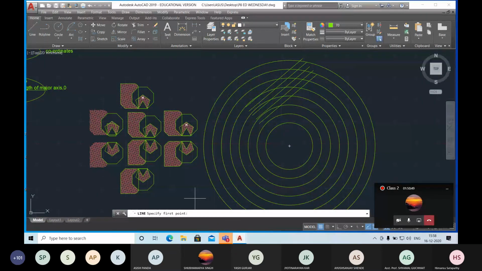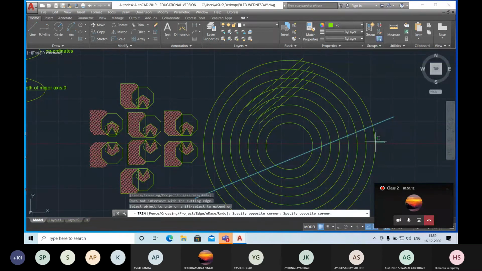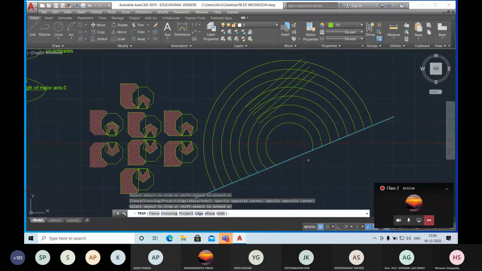Similarly, if I want to cut a portion of a circle, I want to cut the bottom portion of the circle, then how to cut? The command is trim. Go to the trim command, select the cut line. Cut line means the line below which you don't want to keep anything, meaning this line is cutting all the circles. So I select this line as my cut line, press enter, then I can select the lines which I don't want to keep.